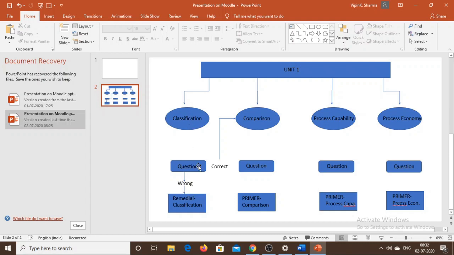If the student answers this question correctly, then the student will be taken to the next topic of the lesson, and if he provides a wrong answer, then the student will be taken to some extra material as a remedial class. We need to keep this flowchart in mind while providing content to a particular lesson.